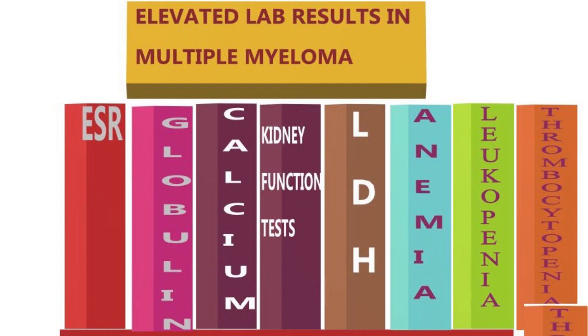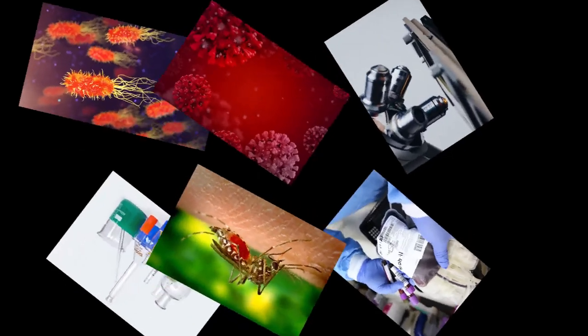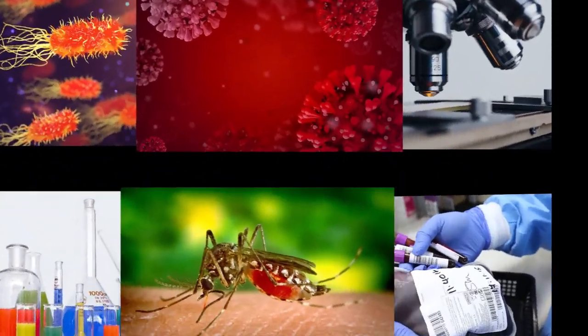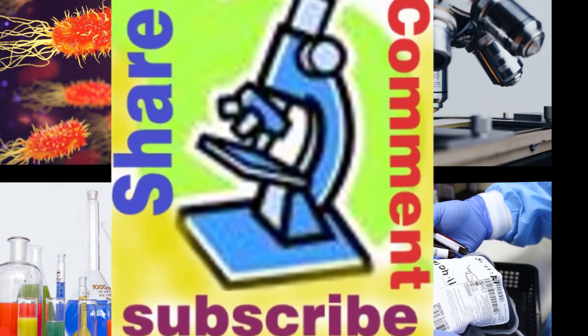Bone marrow aspirate or bone marrow biopsy gives more information about plasma cell leukemia or multiple myeloma, to differentiate different disease conditions and the stage of the patient. Usually the plasma cells are very few in the bone marrow. In these abnormal conditions, the number of plasma cells is increased.